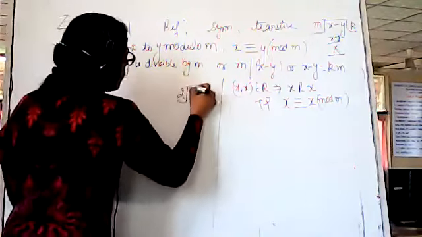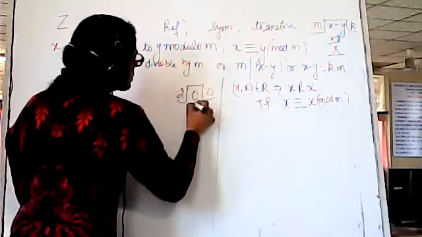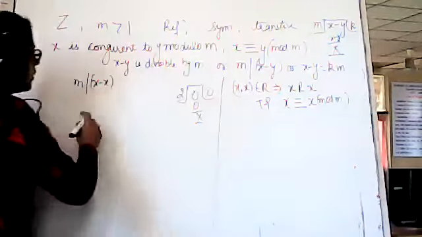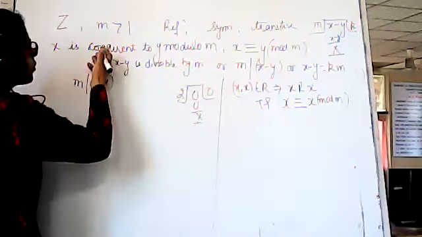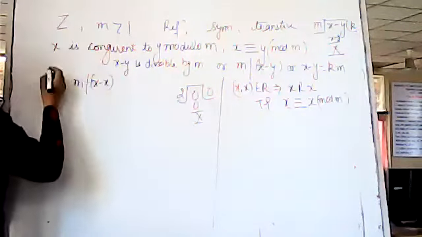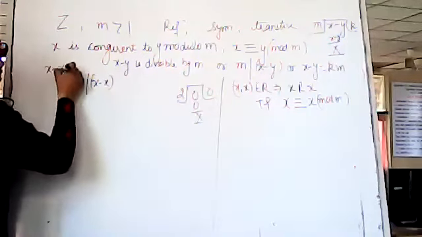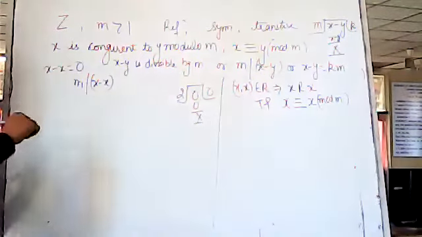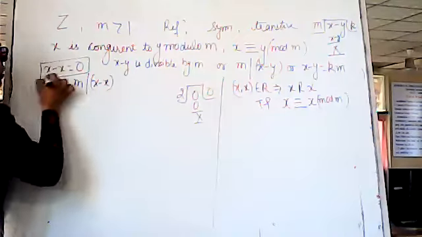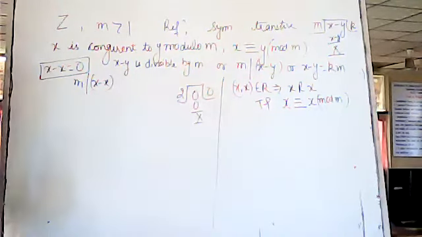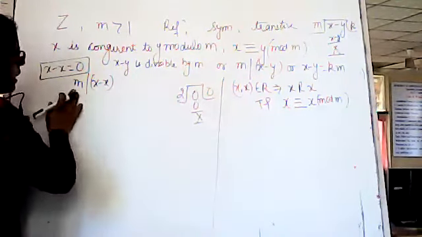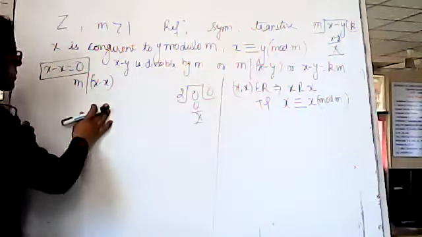2 can divide 0: 2 into 0 is equal to 0 and remainder is 0. And x minus x, what is it? We are working on the set of integers here, so x minus x, if you do it, will be equal to 0. I hope this is clear to you. Since m divides x minus x, now